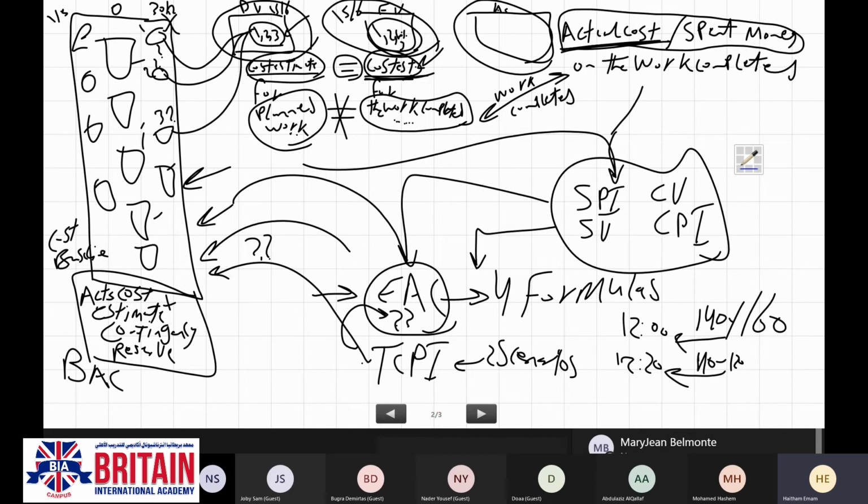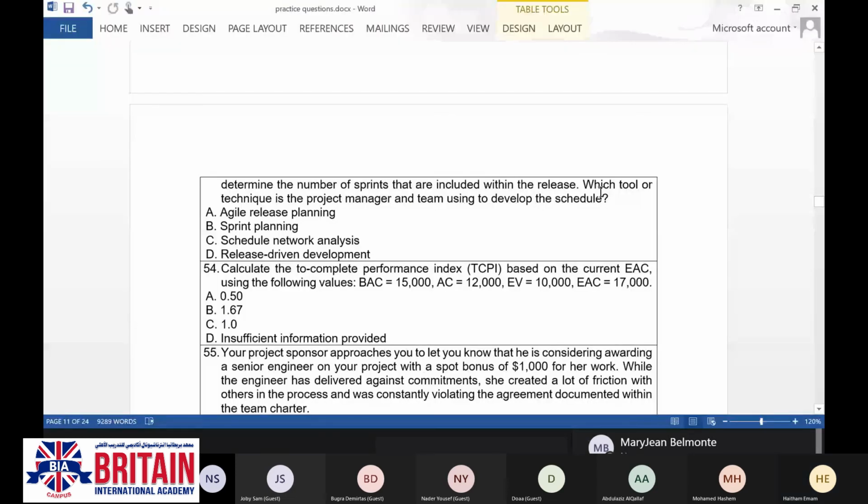Here the question is asking based on the current EAC, using the following values: budget at completion, actual cost, earned value, and EAC. And we have a certain number of answers.